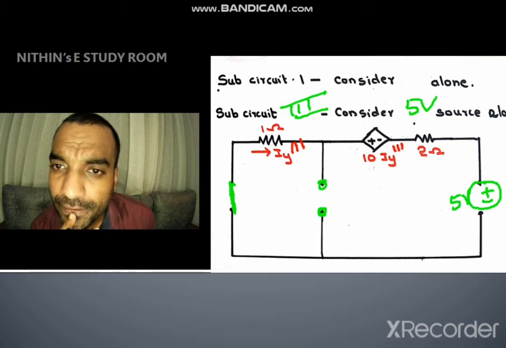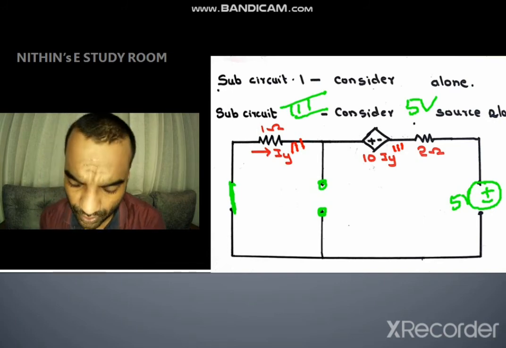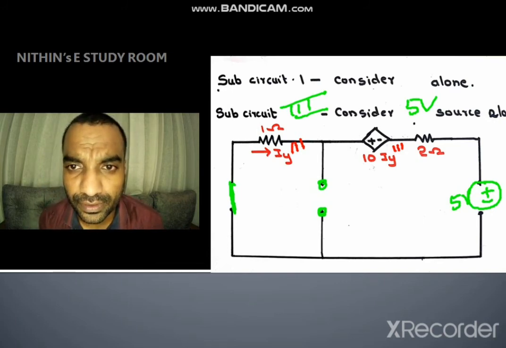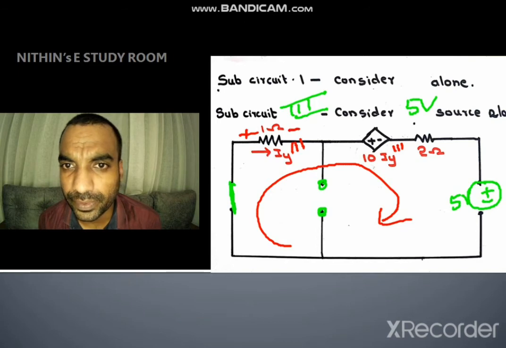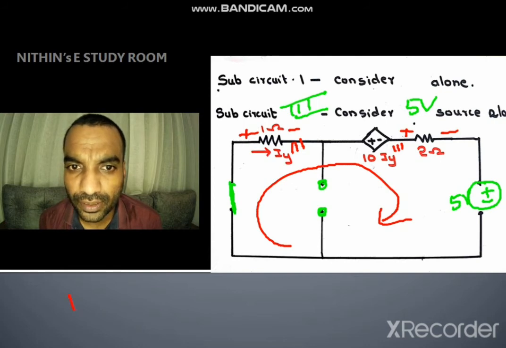Okay, and the current Iy triple dash is there. So simply we can apply KVL. How can you write the KVL of this equation? If this is the loop direction, then this will be positive, this will be negative, and this will be positive, this will be negative. So the KVL equation is 1 into Iy triple dash plus 10 Iy triple dash plus